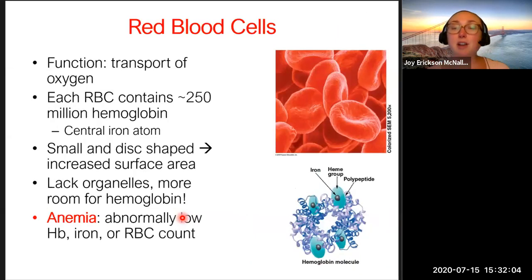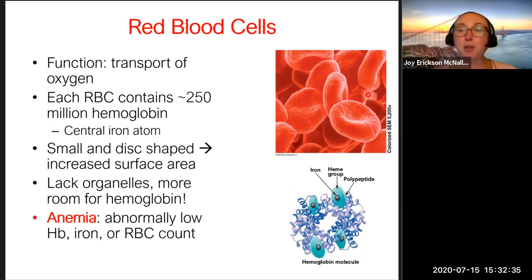So red blood cells are the single most abundant cell type in your blood, and as we've said many times, they function to transport oxygen throughout your body. At any given time, you have about 25 trillion red blood cells in your bloodstream. And recall that it's the different types of carbohydrates on the surface of your red blood cells that determine your ABO blood group, right? You're either AB or A or B or O. That's due to carbohydrates on the surface of your disc-shaped red blood cells.